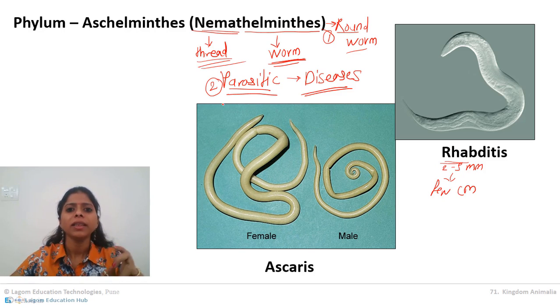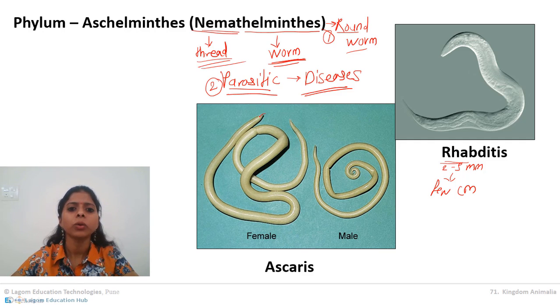When we come to the scientific characteristics, they are basically bilaterally symmetrical. So the first scientific characteristic is that they are bilaterally symmetrical. Then the next characteristic is that when we consider their digestive system,